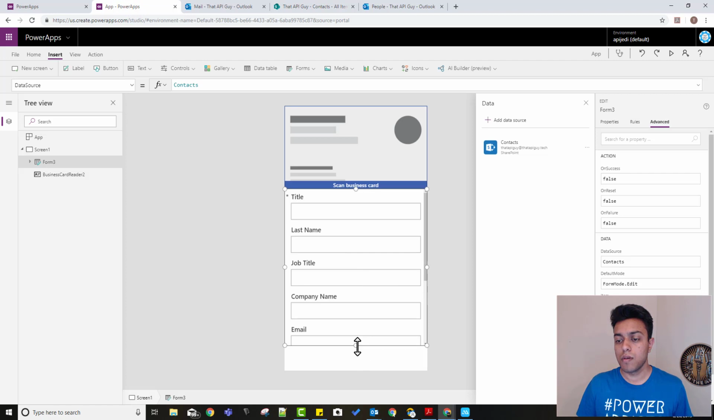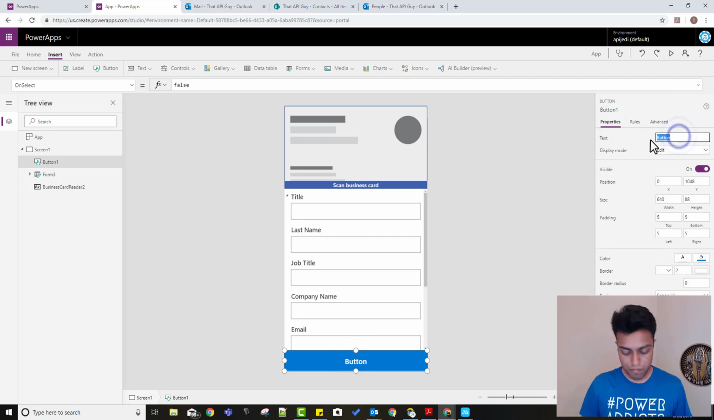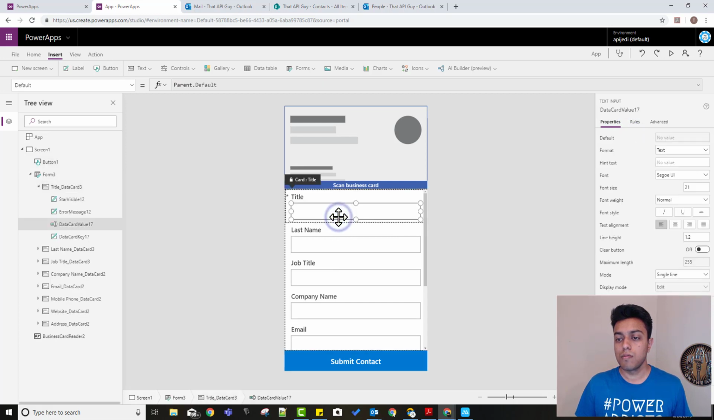And now what you can do is we'll create a button here, put down, and say we'll name it submit contact. Okay. Now, what we want to do is change the default values of each of these, because what you basically want to do is read the data that we get from the business card scanner and populate all these